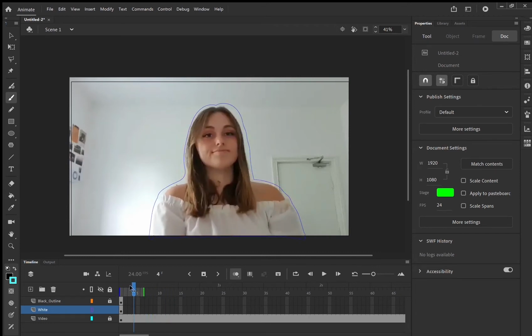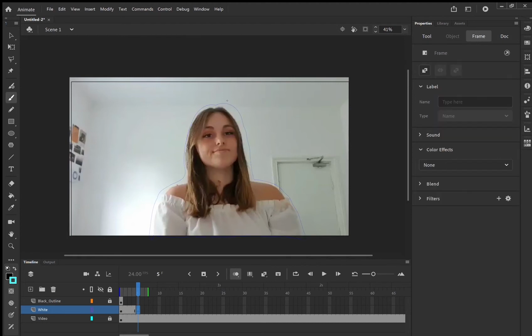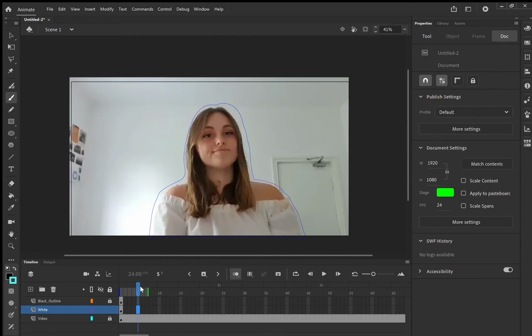She doesn't move very far out of that outline there. So to be honest, probably until this frame here, you could probably just put a blank keyframe here, and then do your white over that new keyframe, and just do the white intermittently, because that's just a background, just to make the black outline stand out a lot more. And as long as you're not leaving it for a second at a time, it shouldn't be too bad. If you want to do it properly, then yeah, I would recommend changing it each time she